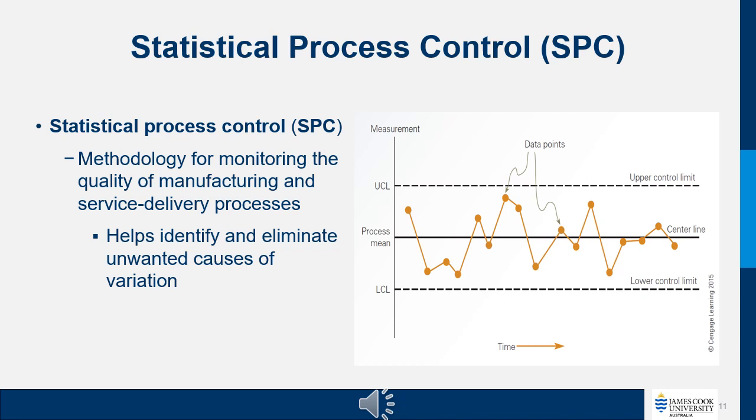Statistical Process Control, SPC, is the methodology for monitoring the quality of manufacturing and service delivery processes. It helps to identify and eliminate unwanted causes of variation. For example, if we look at this figure, we have an upper control limit and a lower control limit, and we test the system, and if it is within the lines, it is fine. But if any of those tests or monitoring goes beyond these control limits, then this is where we actually need to look into it to see what went wrong and how we can fix the issues and